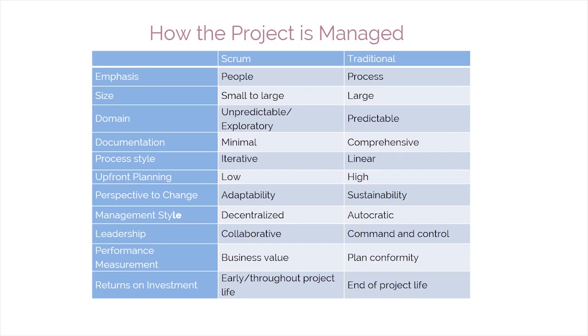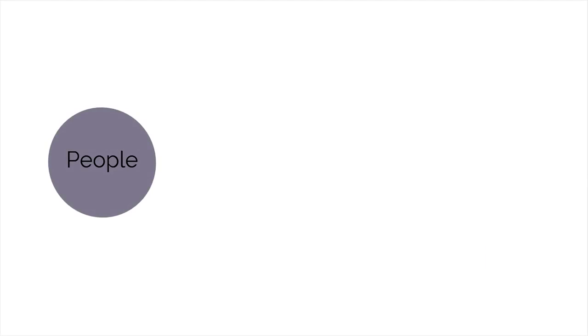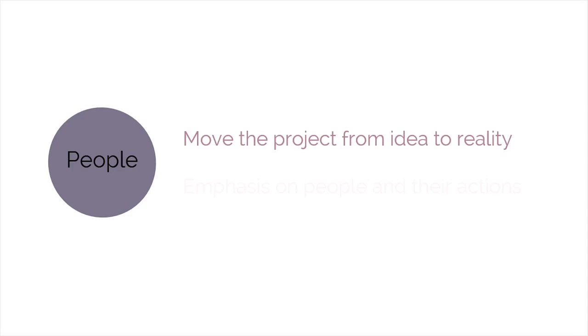The main difference between traditional project management models and the Scrum framework is the way in which the project is handled. Traditional project management is based on processes, while Scrum asks for a change in mindset with its focus on the people involved in the project. Although processes and tools are necessary in completing a project successfully, it is always the people who undertake, participate in, and implement the project. They do the work that takes the project from idea to reality. According to Scrum, the key factors in any project are the people, and the emphasis should be on them and